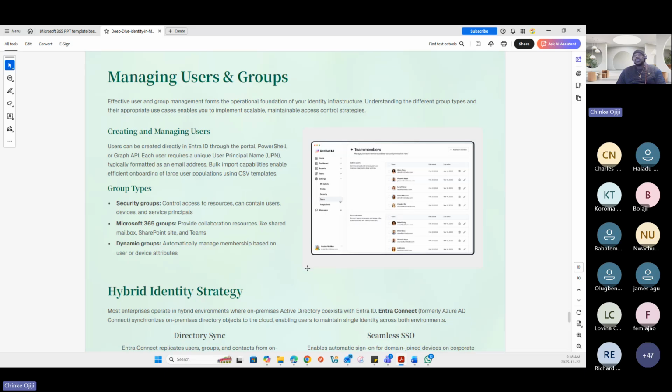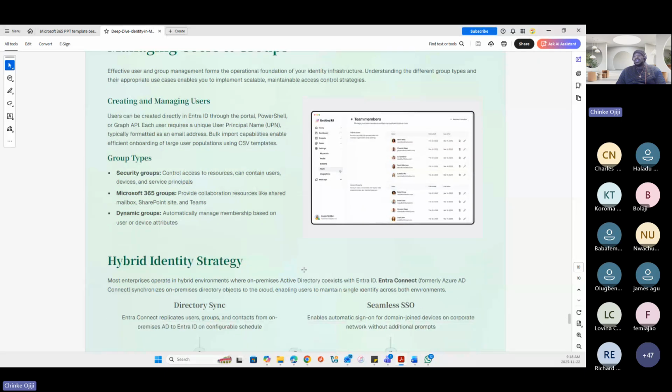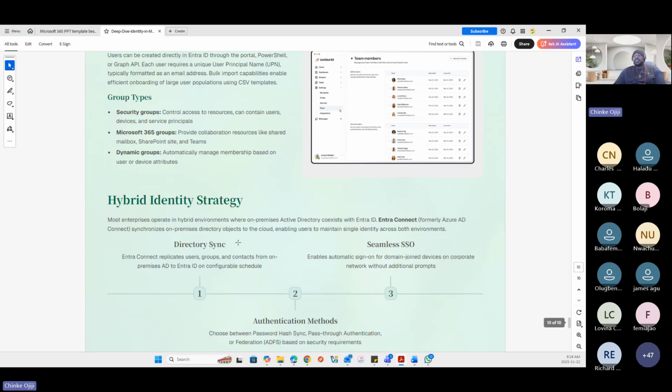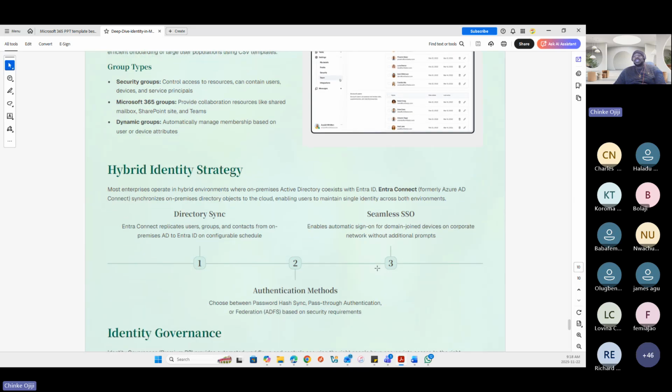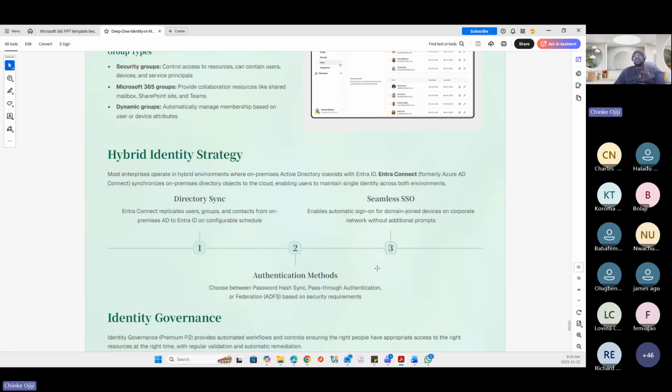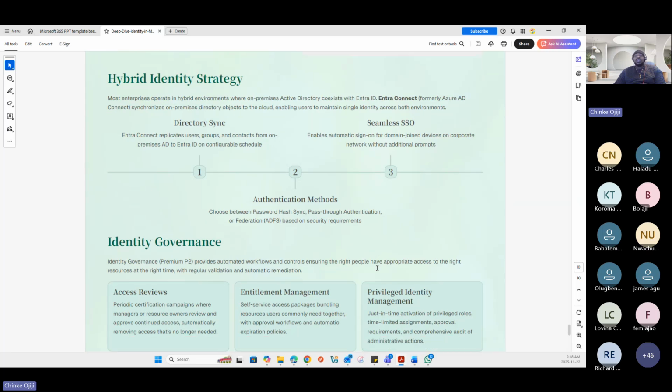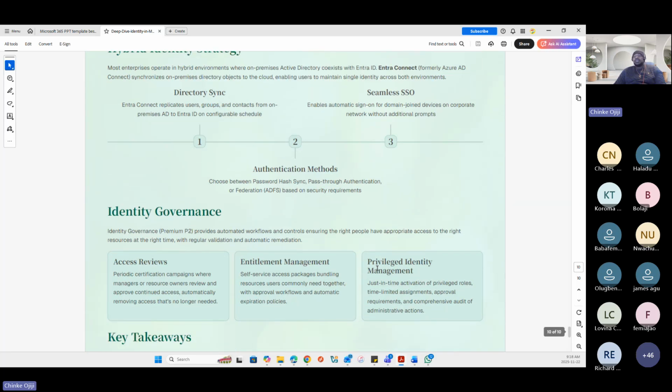Creation and managing of users in Entra, we've discussed that as well. So we've talked about Entra Connect. That's the tool that is used to synchronize from on-prem to the cloud, as well as the cloud sync, which will sync those on-prem users directly. All you just need is to have the identity of the administrator on premise.